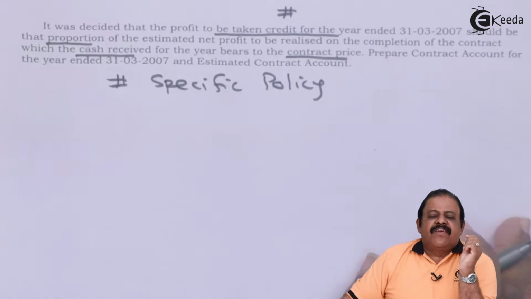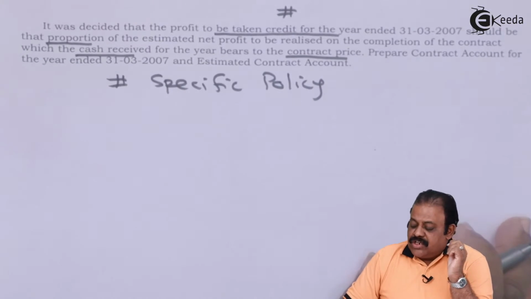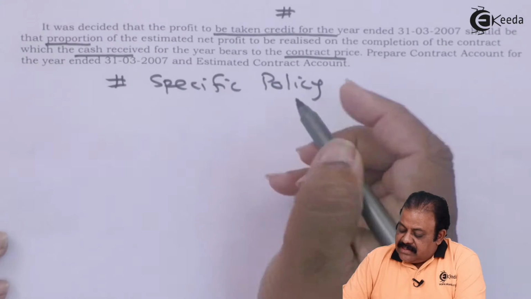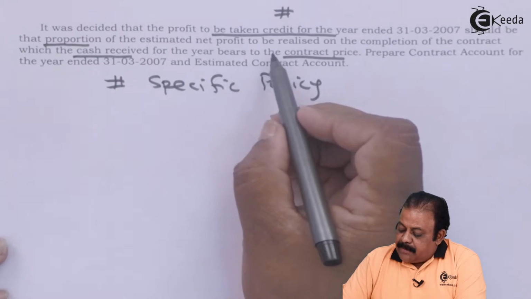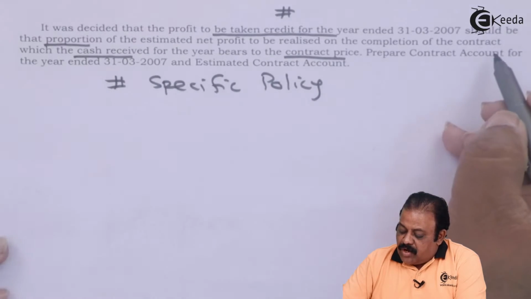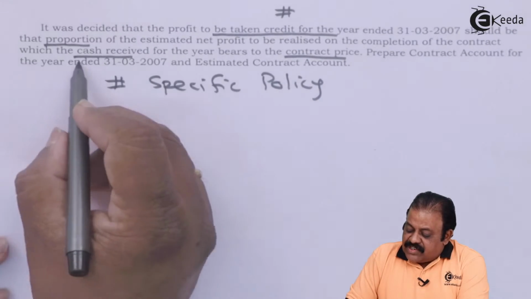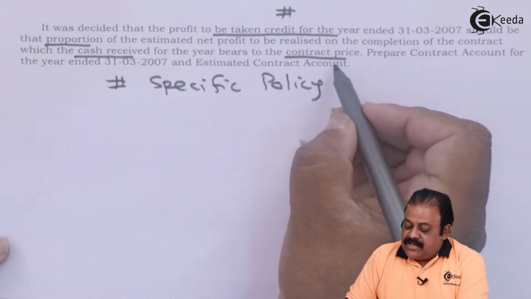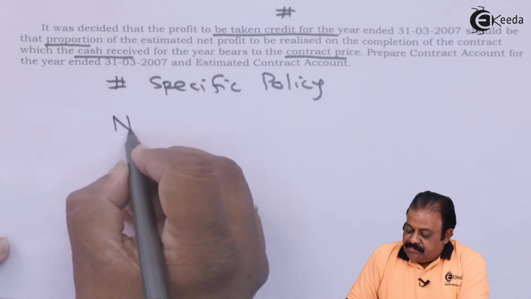The company has a specific policy to divide notional profit. Accordingly, they say that the estimated net profit to be realized on completion of the contract should be divided in proportion to cash received bearing to the contract price. So our formula will be